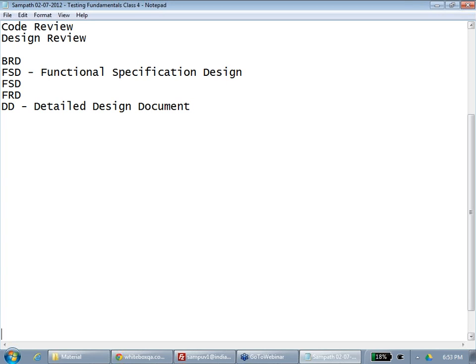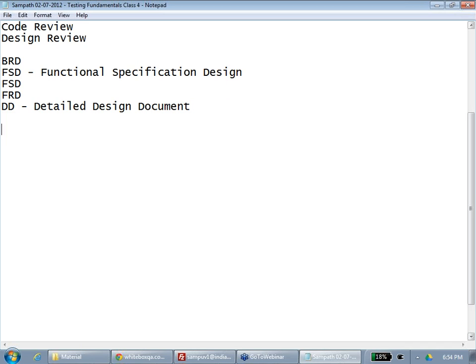I already explained to you what is code review, code inspection before. I already explained to you what is BRD review also. Agreed? So we can move on from here. But that is called static testing. So the tester is doing testing even before the product is built. Agreed? But he is not doing it on the product. He is doing it on the document. So that is called static testing.